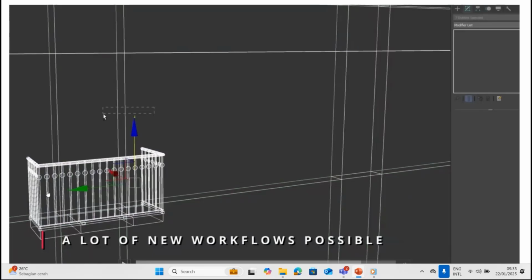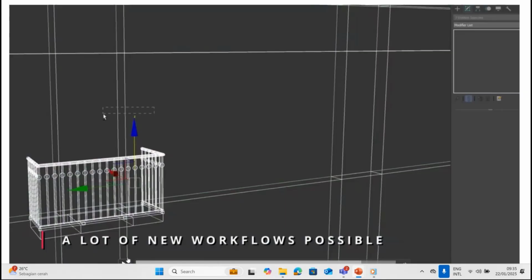Let's say I want to create a railing. Now you can apply the array modifier inside your railing. This is not only using the array, they put in some helpers and also mix it, in this demo, with the wire parameter.